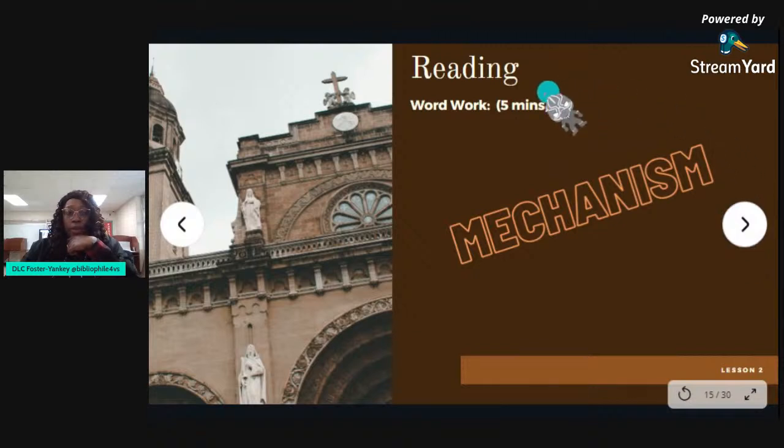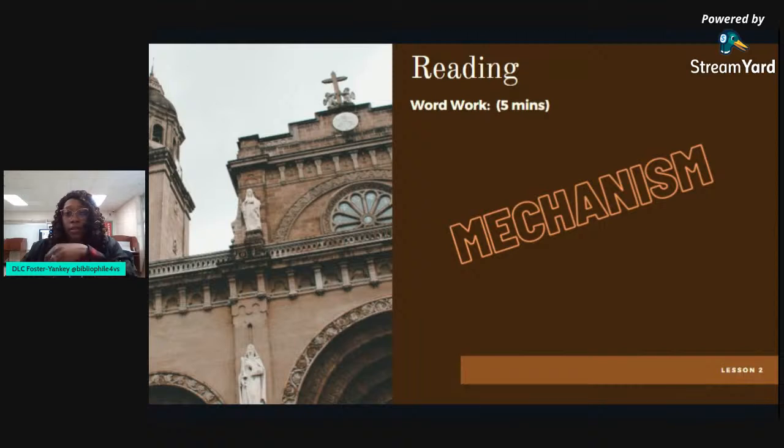They will follow the wrap up with some word work. They're learning about the word mechanism in today's word work for 5 minutes. The teacher is going to use the word in context in a sentence where it's found in the reader. She'll have students repeat the word, give them the definition, a sample sentence,